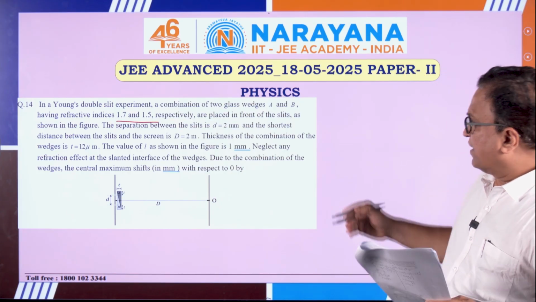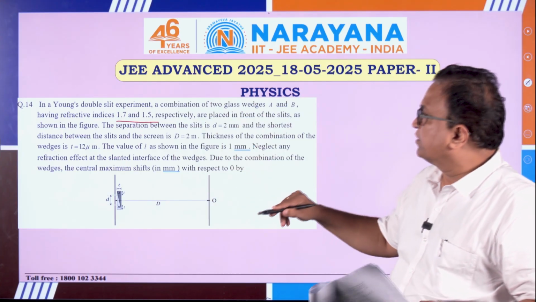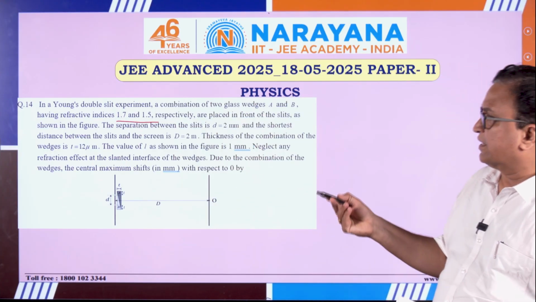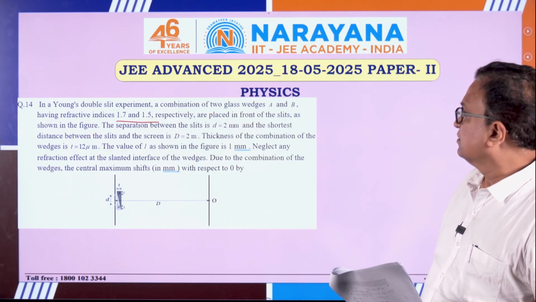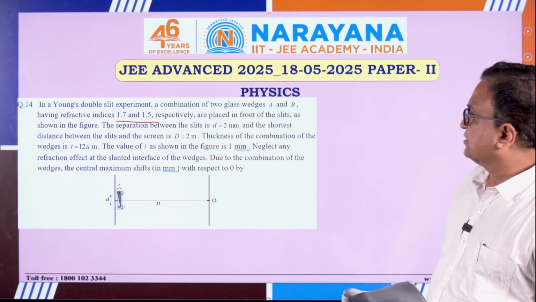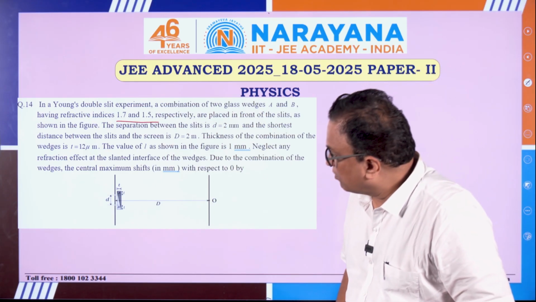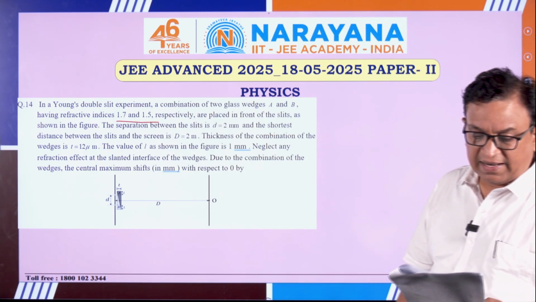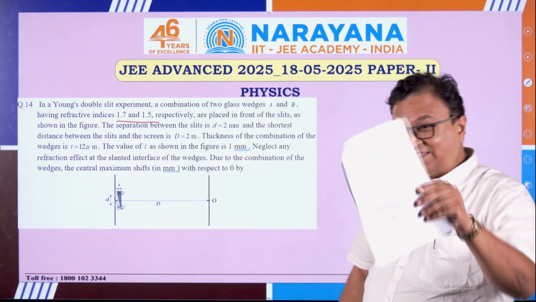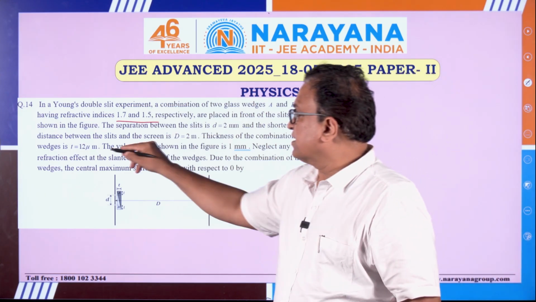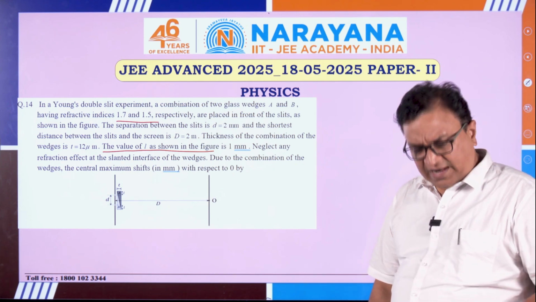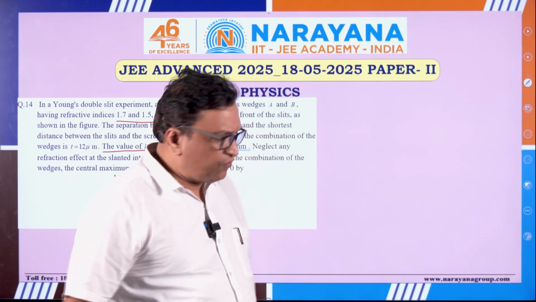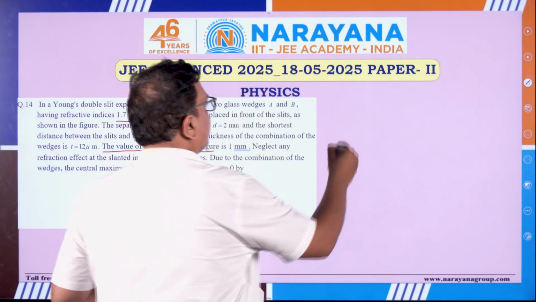Now they have given the values for small d, capital D, all that. The thickness of the combination is 12 micrometer. No issues. The value of L as shown in the figure is 1 mm. What is L? L is 1 mm. This data they have given is really important for us. For example, if I study this wedge